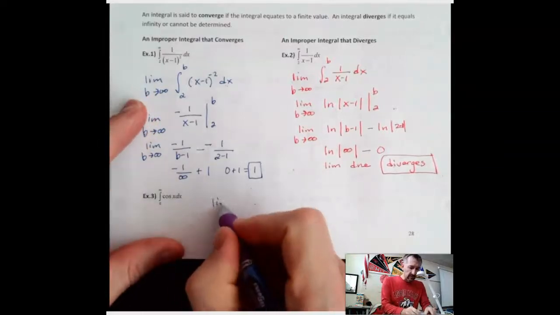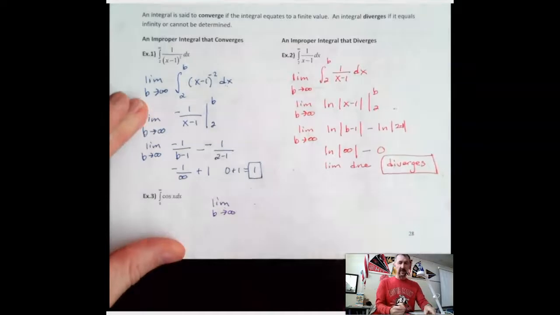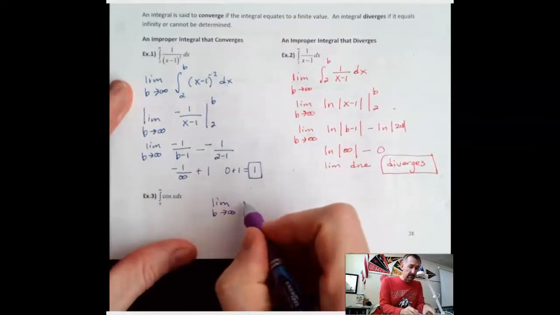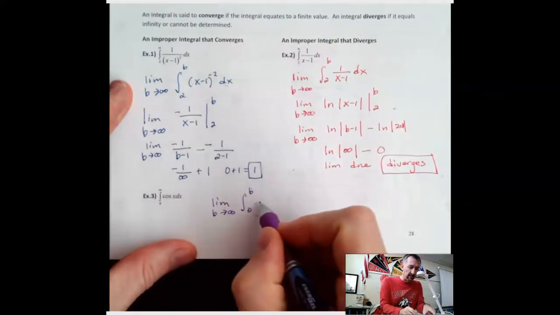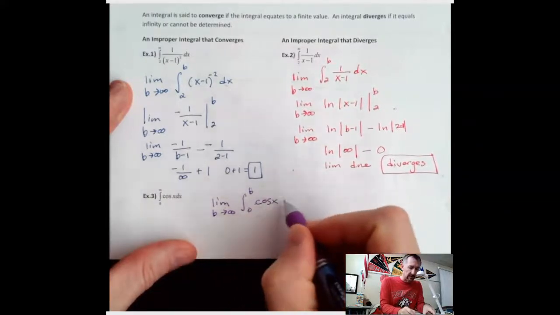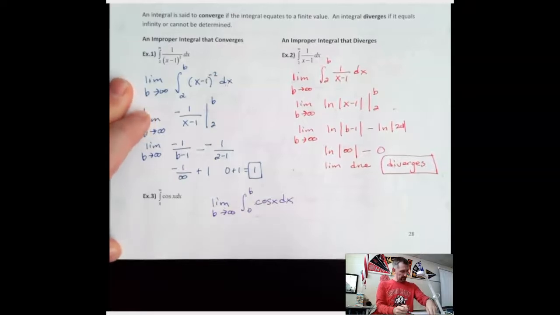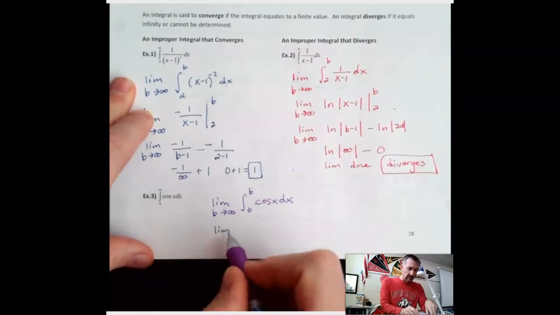So this is going to be the limit as b approaches infinity. So this is the same process. We're just doing the same thing over and over again. From 0 to b of cosine x dx. All right. So that's going to be